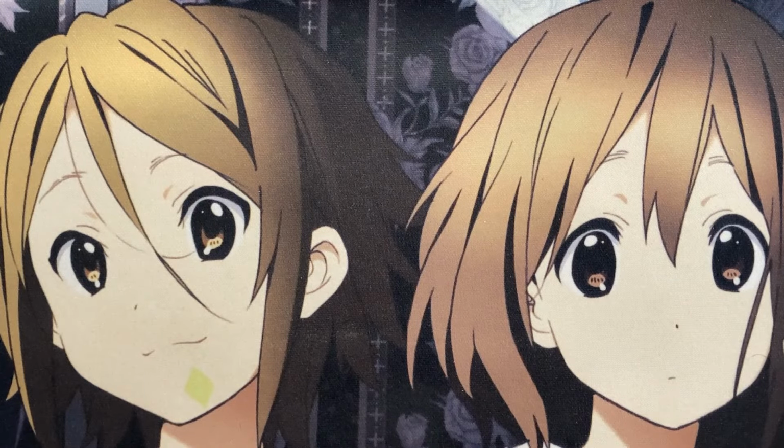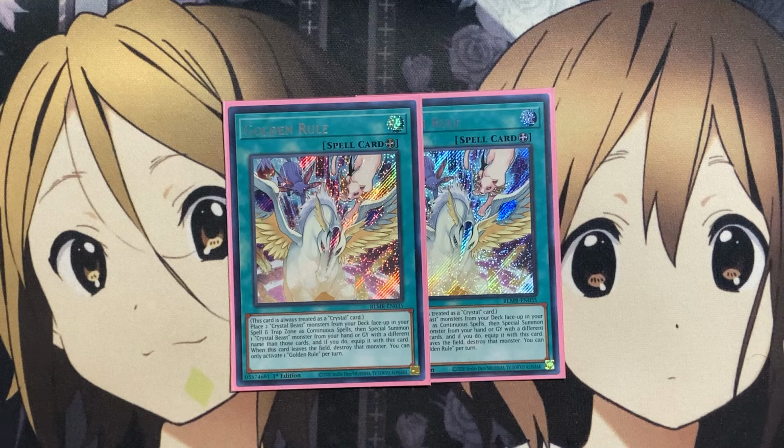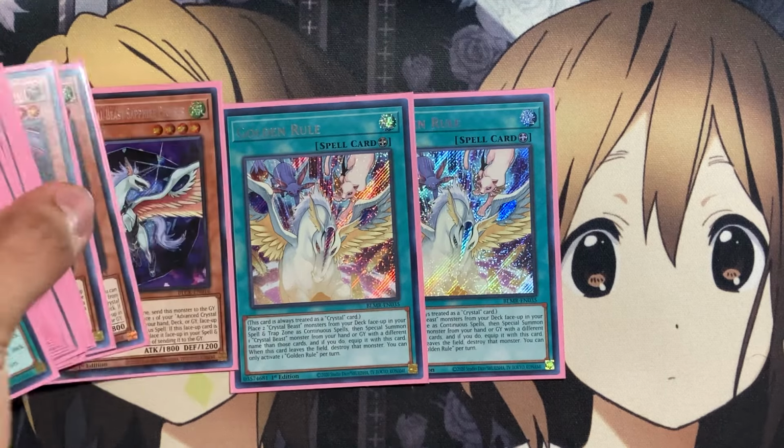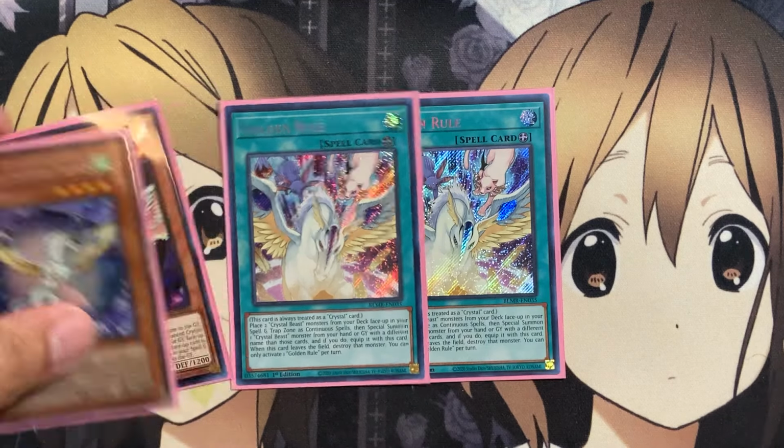So this is also one of the answers to summoning out Ruby Carbuncle in terms of getting out more Crystal Beast monsters onto the field with it, with the last of the spells being 2 copies of Golden Rule. Always treat it as a crystal card. You place 2 Crystal Beast monsters from your deck face up in your Spell and Trap card zone as continuous spells, then special summon 1 Crystal Beast monster from your hand or graveyard with a different name than those cards. So just more resource grab with cards like Advanced Crystal Beast, Sapphire Pegasus, or the original Sapphire Pegasus using our Golden Rule,